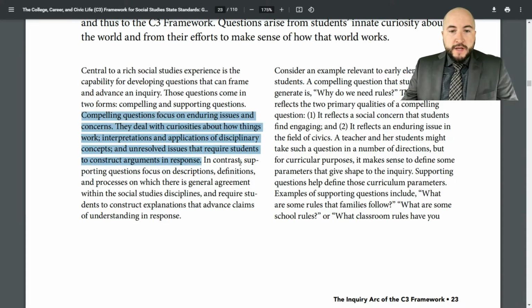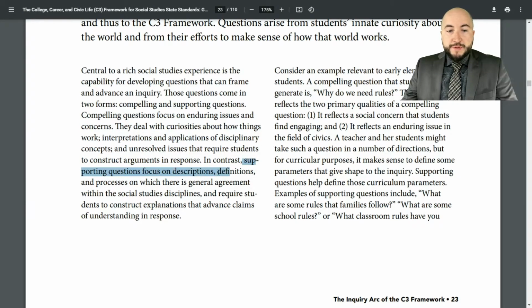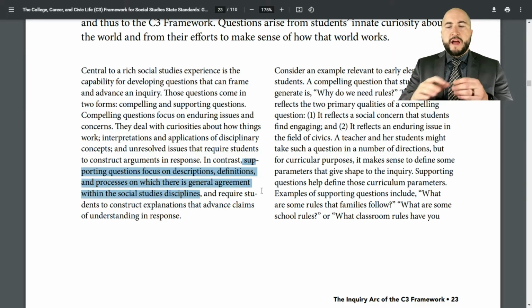And in contrast, supporting questions are down here. And we have them say focus on descriptions, definitions, and processes on which there is general agreement within the social studies disciplines. I'll stop there. So the idea is a compelling question is very open-ended. Think of the big how and why questions. We would want students to have a little bit of their own say. There should not be a very easy answer for them to get, whereas supporting questions are going to help drive